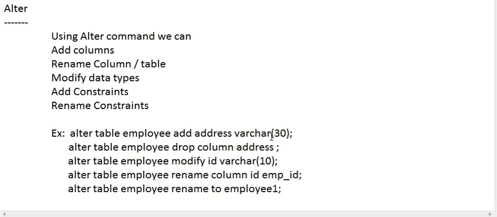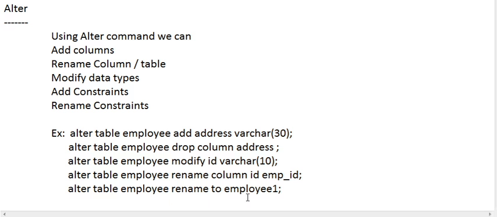We have to use certain keywords for making the changes. The common syntax for altering a table is alter table name. That is common. If you want to add a new column to the existing table, you write the add keyword. If you want to delete a column, the drop keyword. If you want to modify the column data type or name, modify. If you want to rename the column, rename column name. If you want to rename the table, rename to the new name. Like that, there are different syntaxes for each modification.